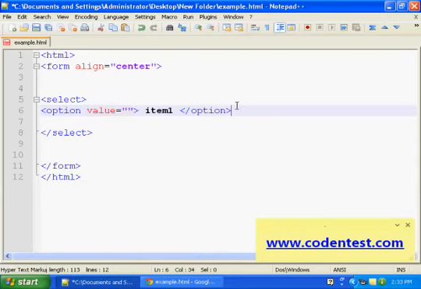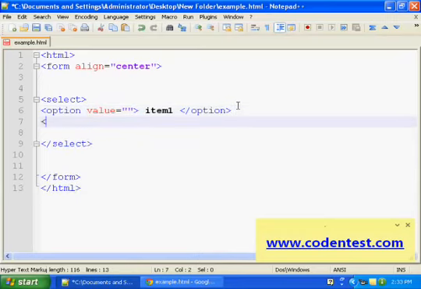Now if we want to have one more option, we'll write option, value equal to the name of that, like item 2.